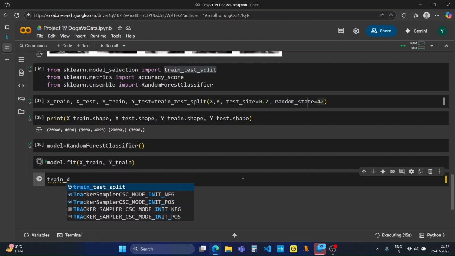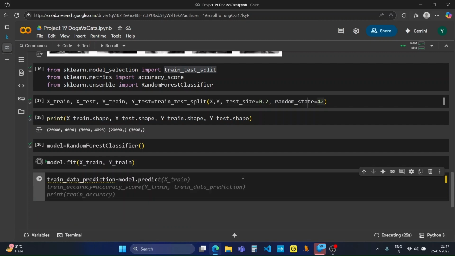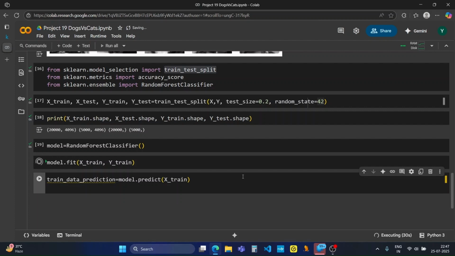Then we will predict it for the test data. So we have train data prediction is equal to model dot predict xtrain, and train accuracy score is equal to